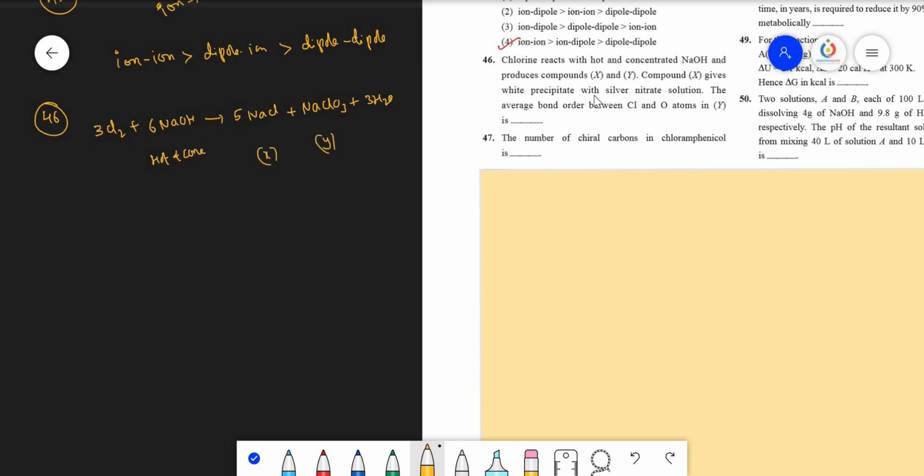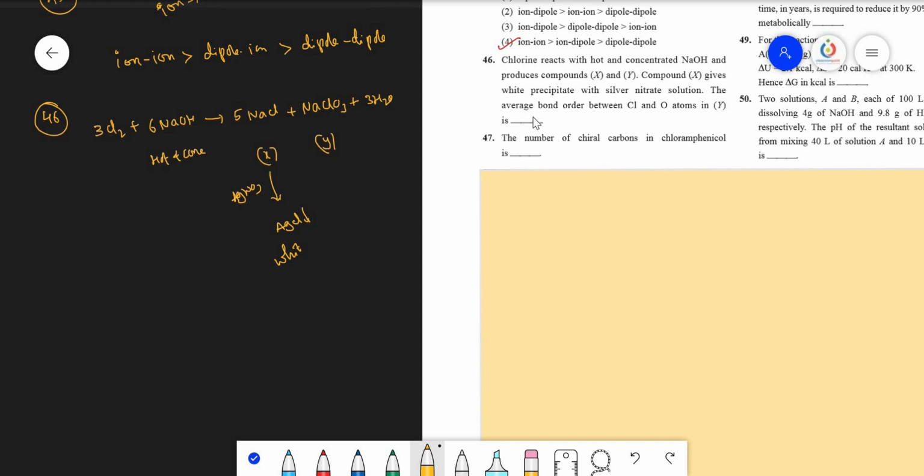Compound X gives white precipitate with silver nitrate. Since it is a chlorine compound, as I have already mentioned, it is X. It reacts with AgNO3 and can easily produce AgCl, which is a white precipitate. So among these compounds, the one giving the white precipitate with AgNO3 is NaCl, that's why it is X. And next one is